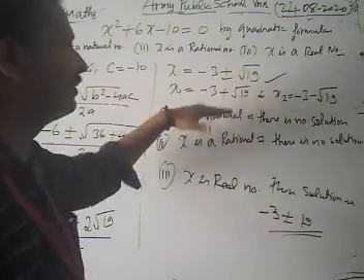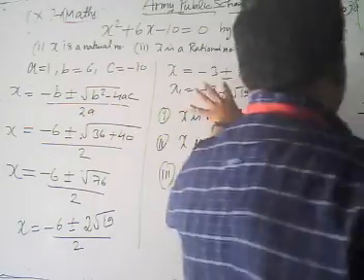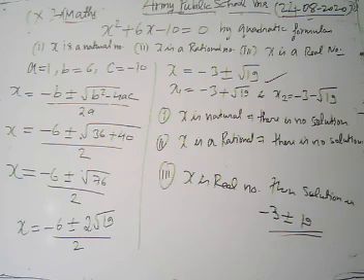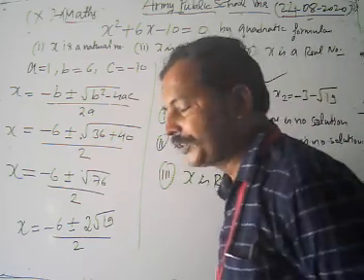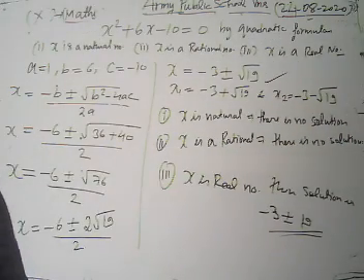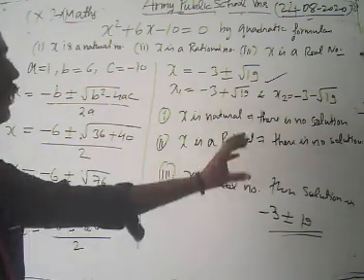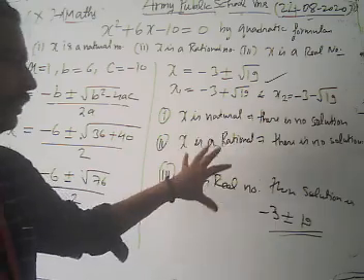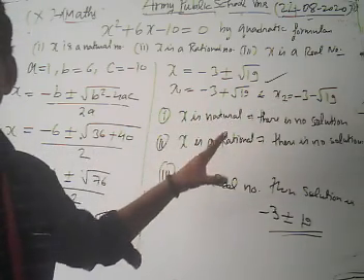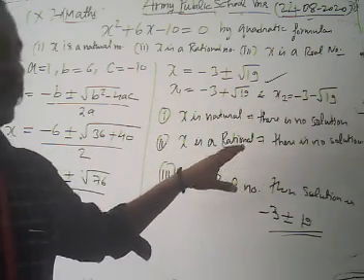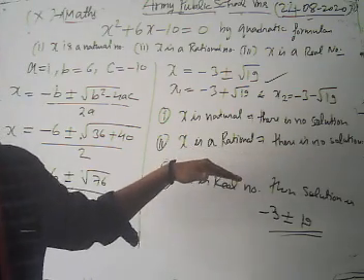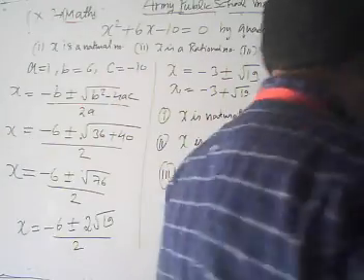When x is rational, again the number is what? It's a sum of rational plus irrational, but nobody is going to be sure about that. Sum of rationals may be rational, may be irrational. We cannot be sure about that. It's not always rational there. Then again, it's not a rational number. Both roots are not rational numbers. Then what is our solution? Again, when our x is a rational number, there is no solution.